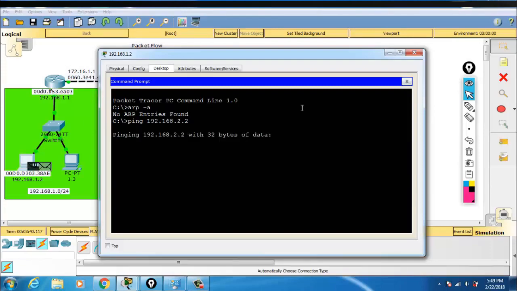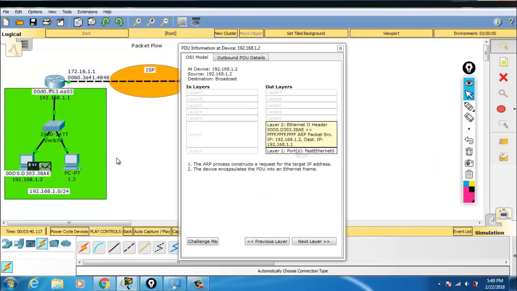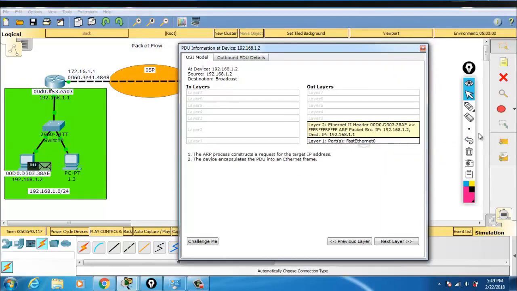I'll get this. You can see there are two packets, one is in the buffer and the other one is the ARP. This ARP packet's destination IP, you can see, is the IP of the default gateway. Because this computer does not know the MAC address of the default gateway, it is sending an ARP request to learn the MAC address of the router.